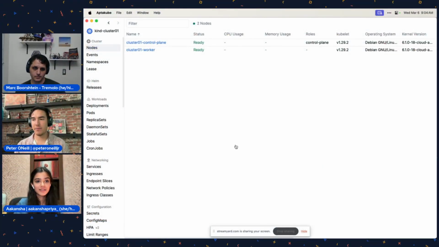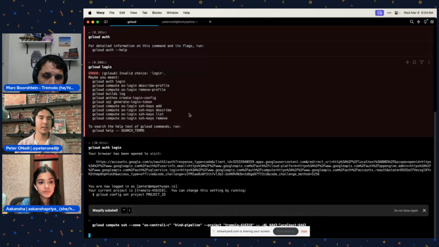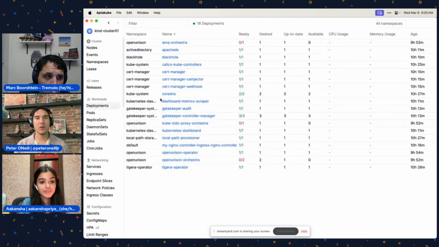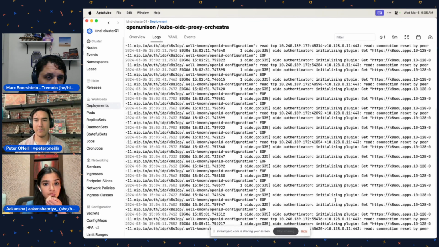Cool. So in my terminal here, we have a connection to a Google VM that I'm running a kind cluster on. And then I have a tunnel here that is passing into this tool called Aptitude so that we can kind of see things. With this visual dashboard, we can see that I'm running most of the tooling in chapter 14 of Marc's book. And so some of these deployments are not quite in the right state here. So we can see that we're having some troubles